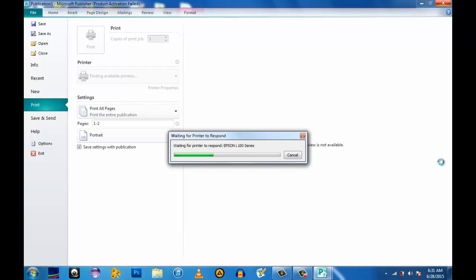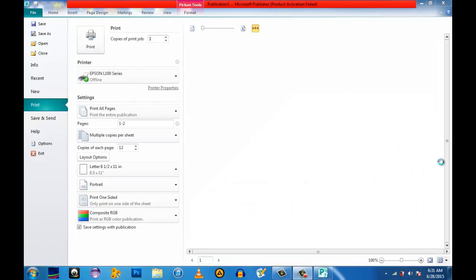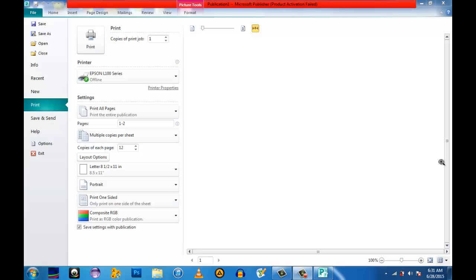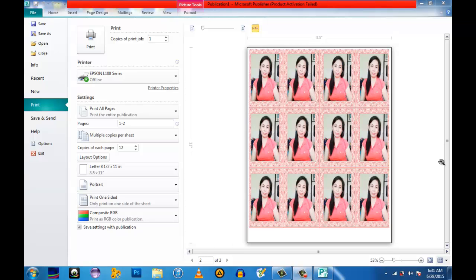This is very easy because if you will be using a photo paper, the page will look like this one. You can look at the page. So this will be your page 2. It will have 12 copies, and then this will be your page 1.